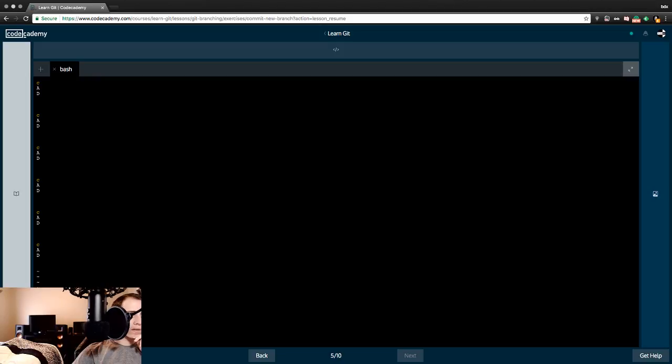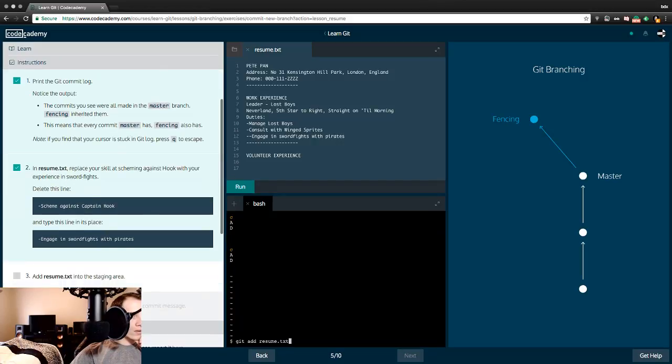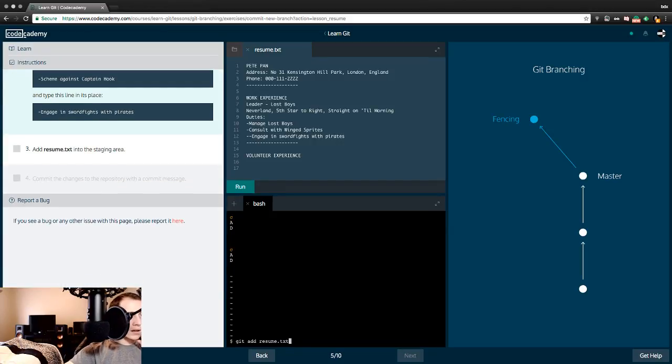I'm going to make this slightly smaller before I hit enter. And 3, enter. Fingers crossed. Yes. Cool. So we added that to the staging area, and now we're going to commit the changes to the repository with the commit message,